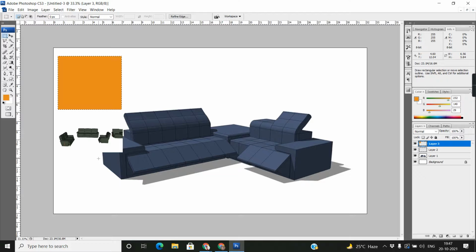So Alt Backspace fills the foreground color. You have filled it.